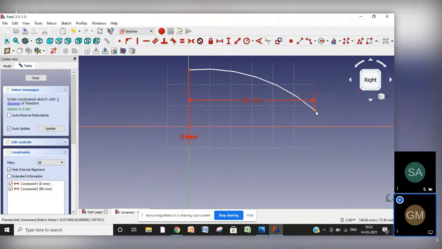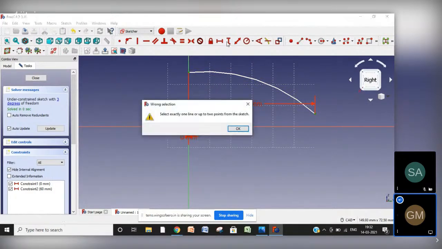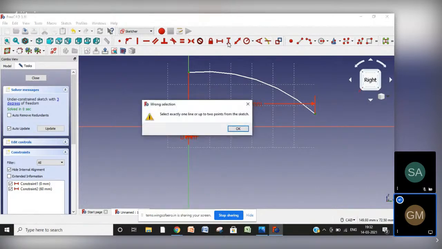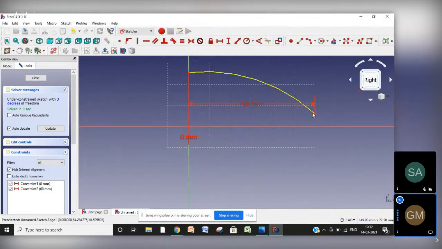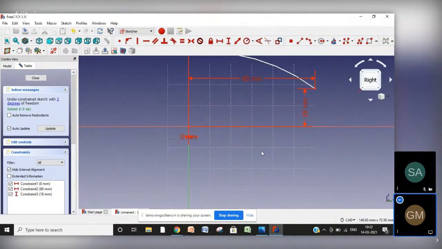Okay, and this. I have selected these 3 points, that's why it's showing an error. Select these 2 points only and vertical. Let it be 18,